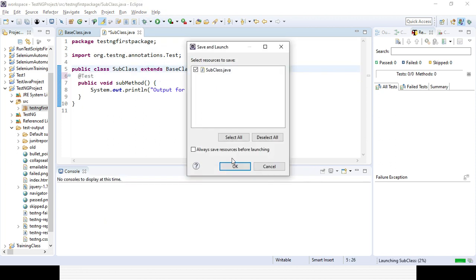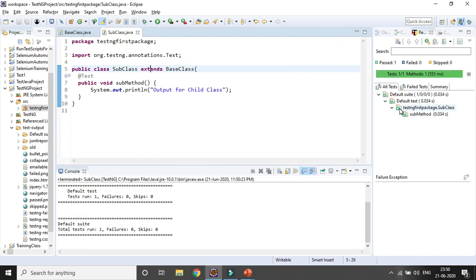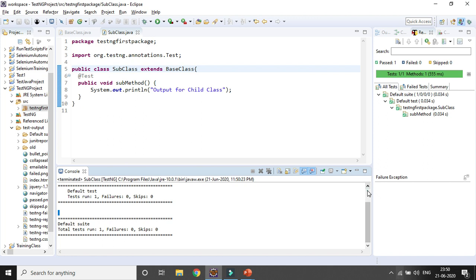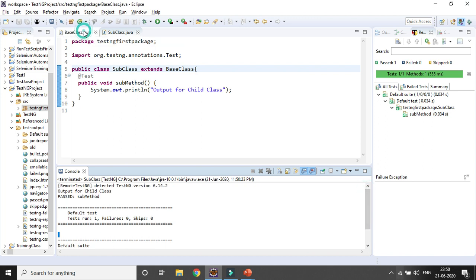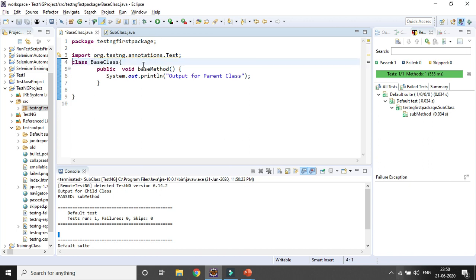But if you don't want that, you have to make enable equal to false at the, you can see only one method is coming, right? And sub method, right? And only one method, that is, the parent class method is not executed because of enable equal to false.